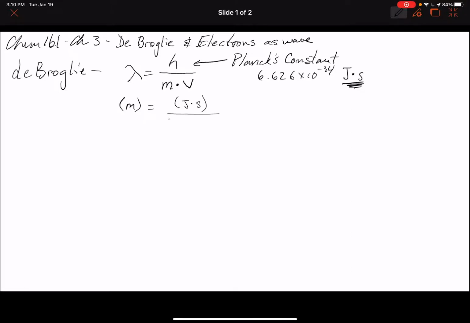And the mass here must be in kilograms to use this equation, and speed must be in meters per second. Okay, so when we do all this, we will end up leaving behind meters,